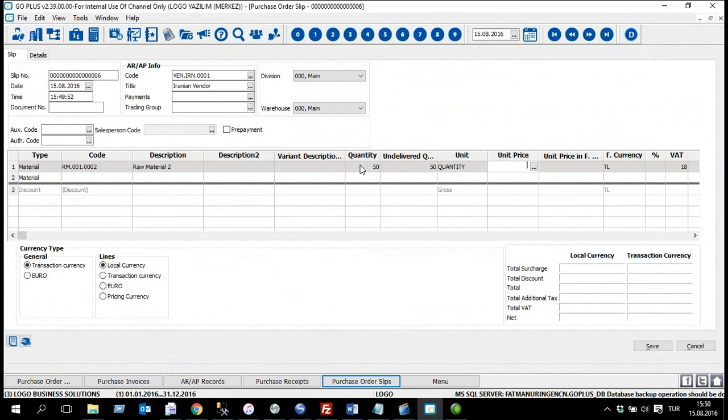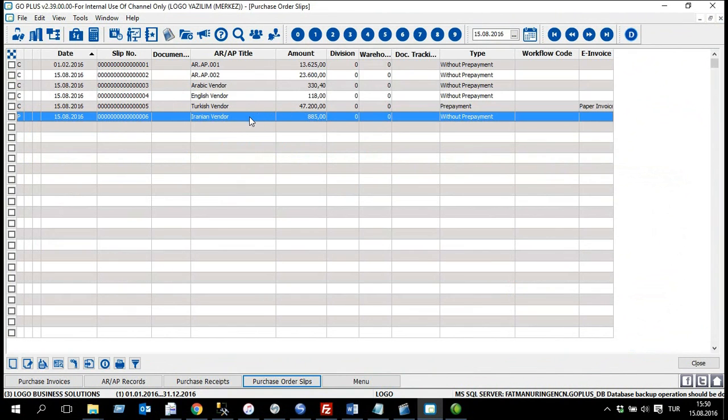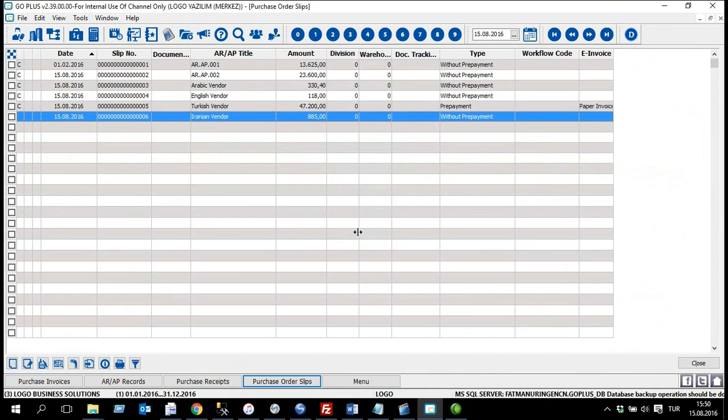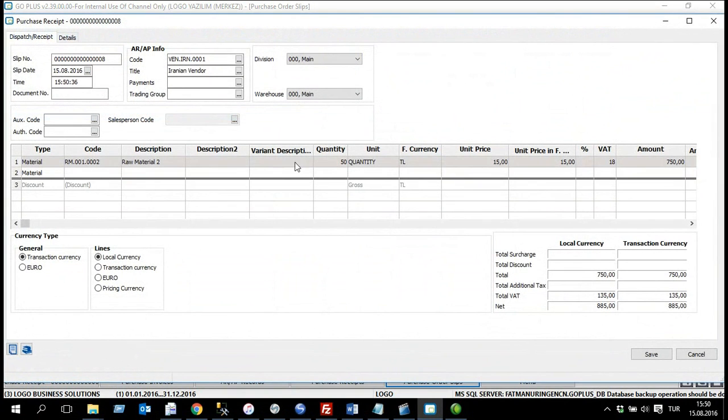Let's have a 50 quantity at a price of 15. Saving order slip, changing the approval info to deliverable, generating a purchase receipt,